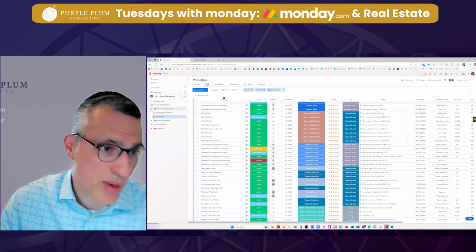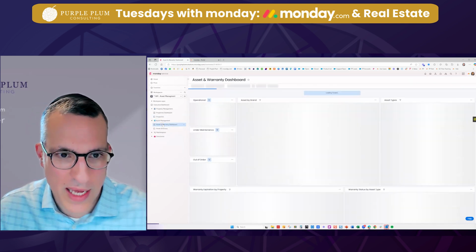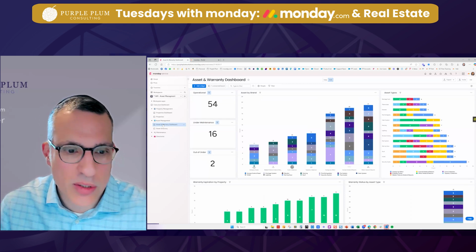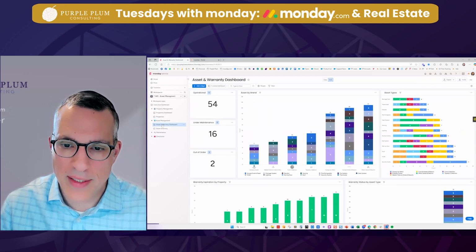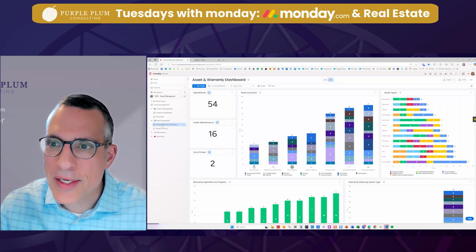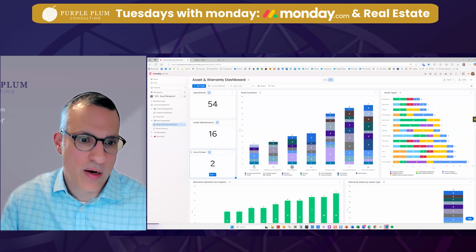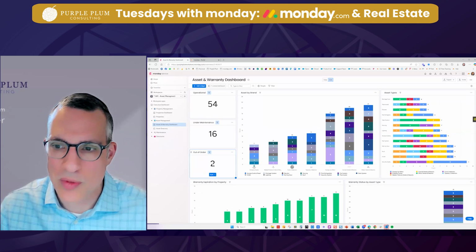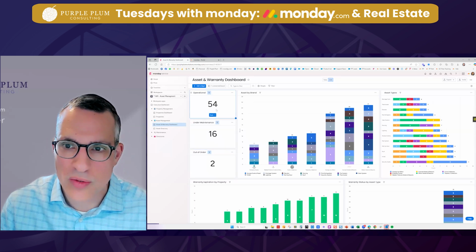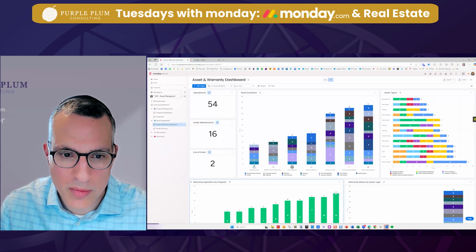So we've talked about properties and we've defined our properties. So let's talk about our assets. So again, we can talk about starting from the top down with assets. Assets, again, being an HVAC unit or security cameras and the like. So here we see a deeper summary of all of our assets, again, by brand, by status, by type. And so we can see here we've got 2 out of order assets that obviously come and go as the normal maintenance process with a fleet of assets. We've got 54 operational assets.